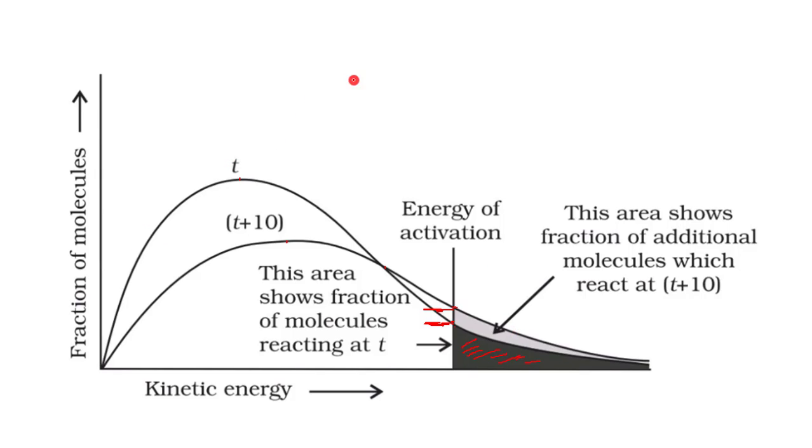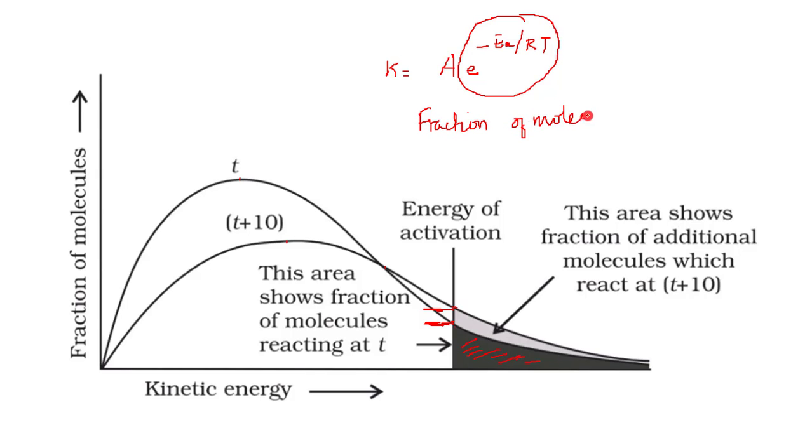Okay, so here when you talk about the Arrhenius equation, K is equal to A e raised to minus EA by RT. So this e raised to minus EA by RT stands for the fraction of molecules having energy greater than or equal to activation energy. This corresponds to the fraction of molecules having energy greater than activation energy, right? So this is a way how we can explain the temperature dependence of rate of a reaction using this